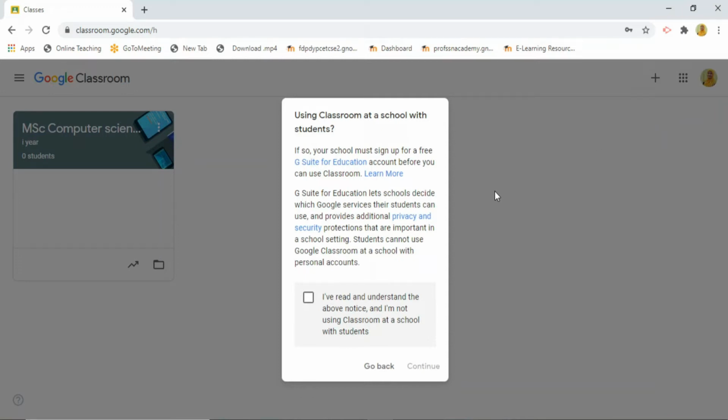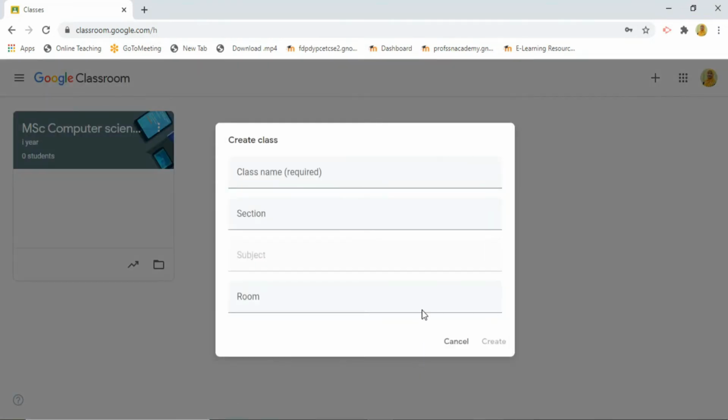Once you click on create class, it will ask for some authentication. You just click the checkbox and press continue. Then it will ask for the class name that you want to use. For example, I will name the class MSc Computer Science. In the section tab, you can add any section.